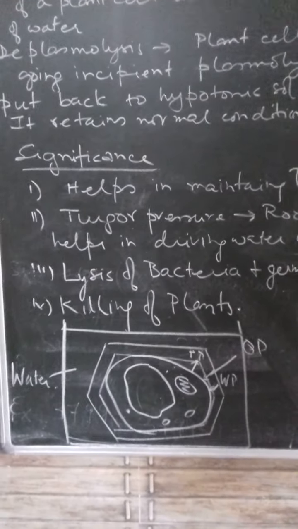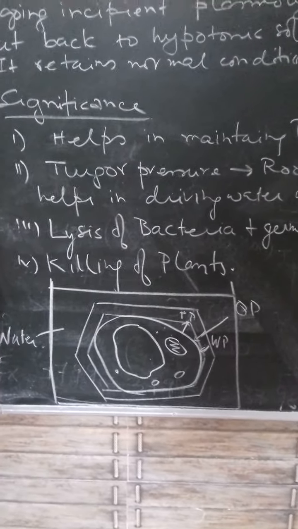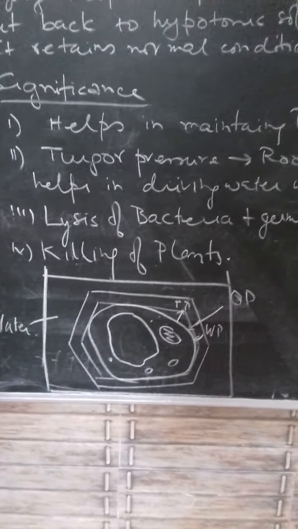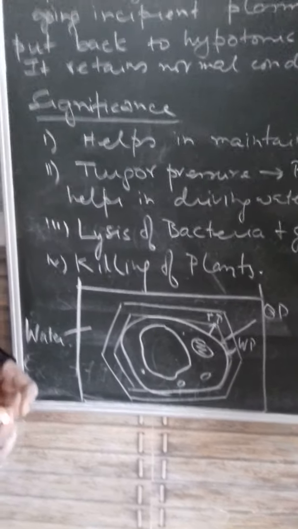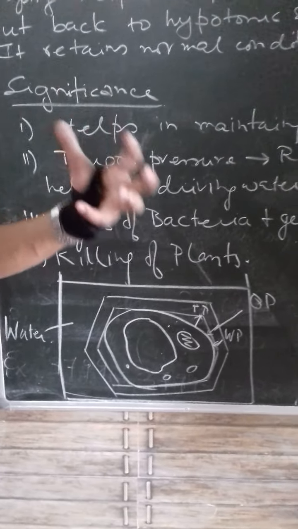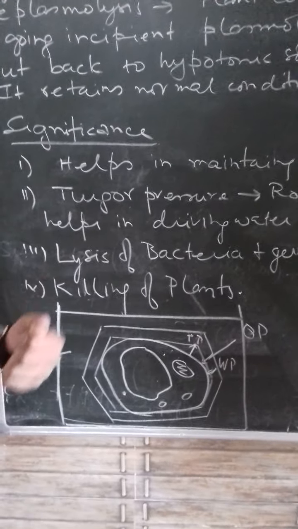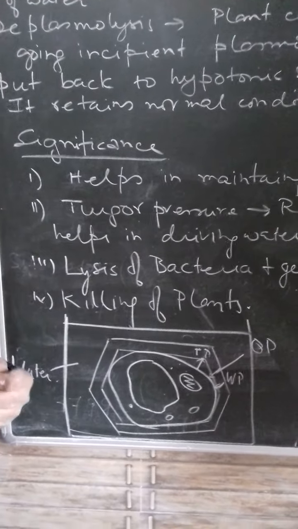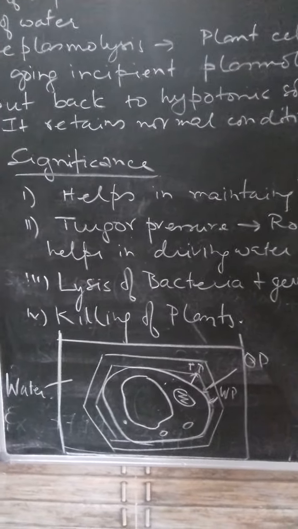So that causes lysis. In some cases, plasmolysis is used for de-weeding. Like Parthenium, a poisonous weed, is killed by spraying salt water, which plasmolyzes the cells of this Parthenium plant, which cannot be handled easily by hand because it's an allergen. So that is also used for that purpose.